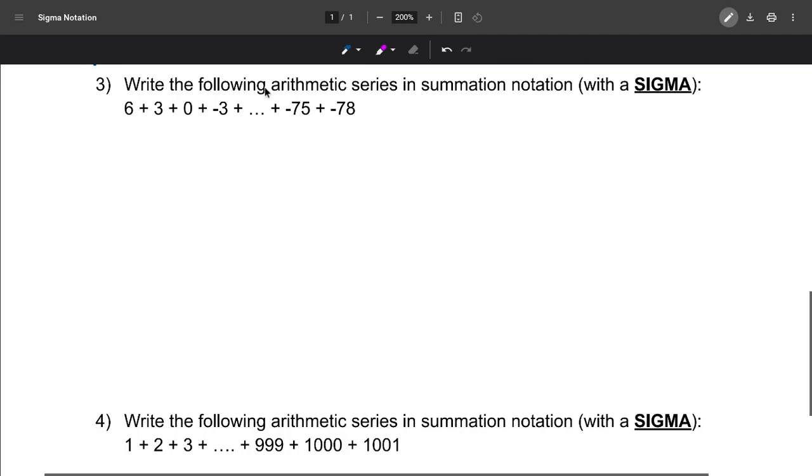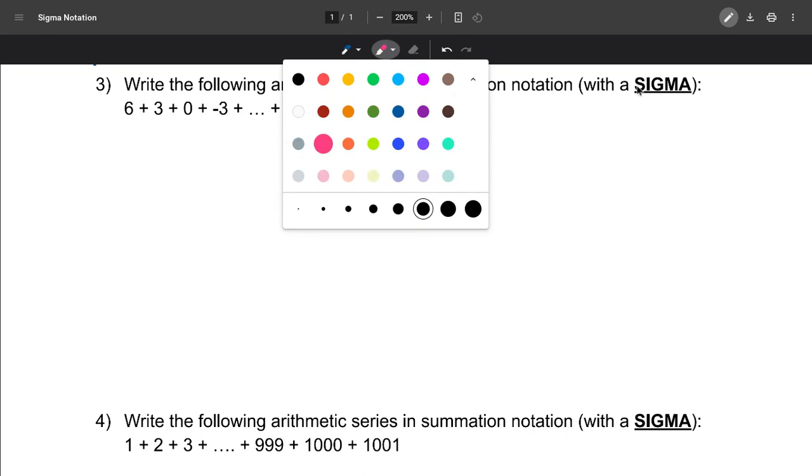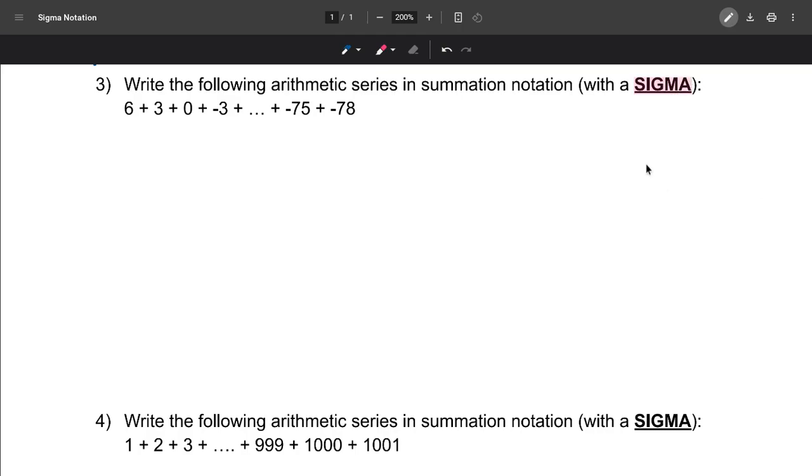All right, we're going to write the following arithmetic series in summation notation with the sigma. I think we could highlight that, and maybe let's do it this color, and highlight it with the sigma, okay? All right, so we're going to start with our explicit definition. We're going to say a sub n equals the first term, 6, plus n minus 1